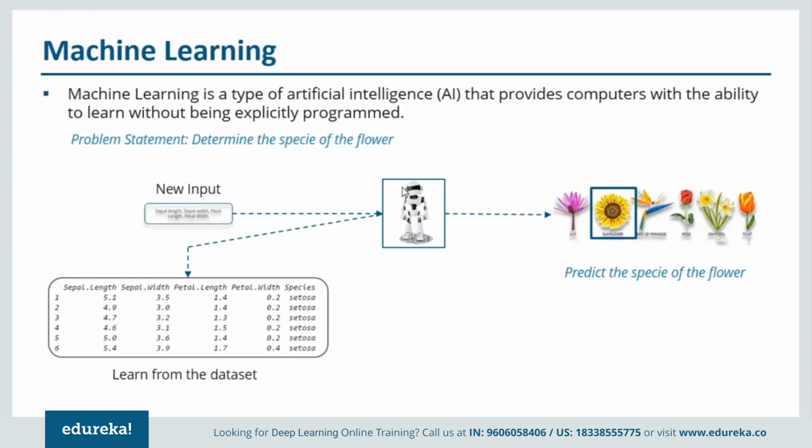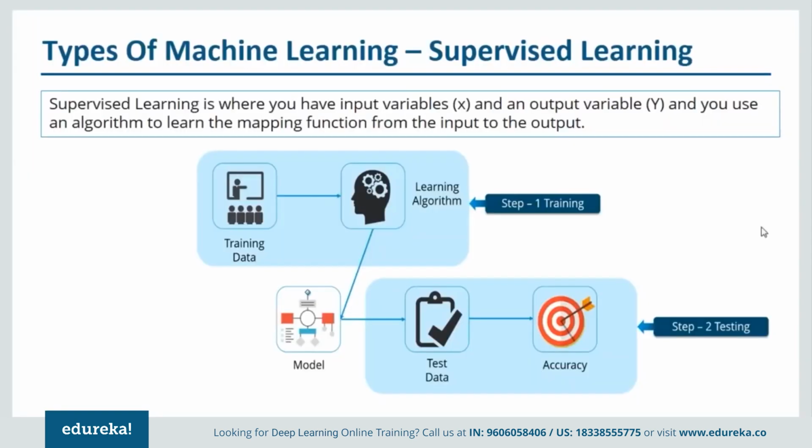Let us move forward and understand various types of machine learning. So the first type is called supervised learning. Now in supervised learning, you have input variables X and an output variable Y, and you can use an algorithm to learn the mapping function from the input to the output. Now let me simplify it for you. In supervised learning, the data that you have already contains the classification. Let me talk about the previous example itself. From our data set, we knew that if we have this width and this length of our sepal and petal, that will be the species of flower. So the classifications are already defined. So that will be under supervised learning.